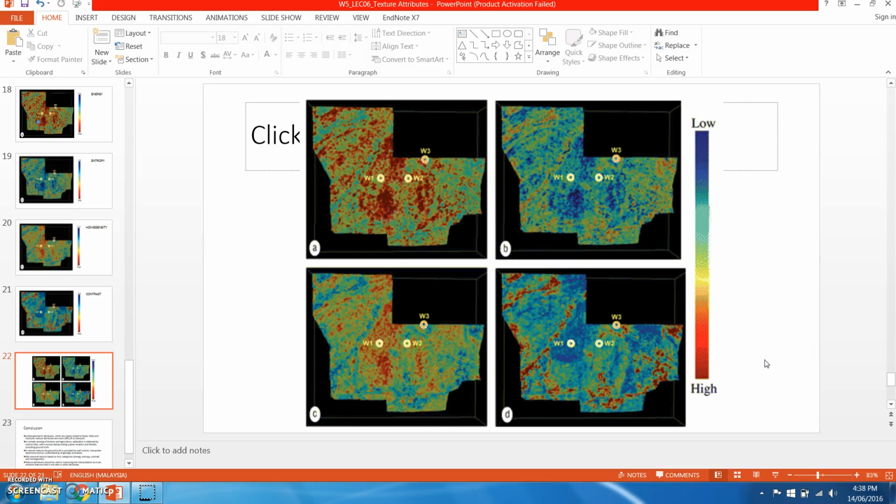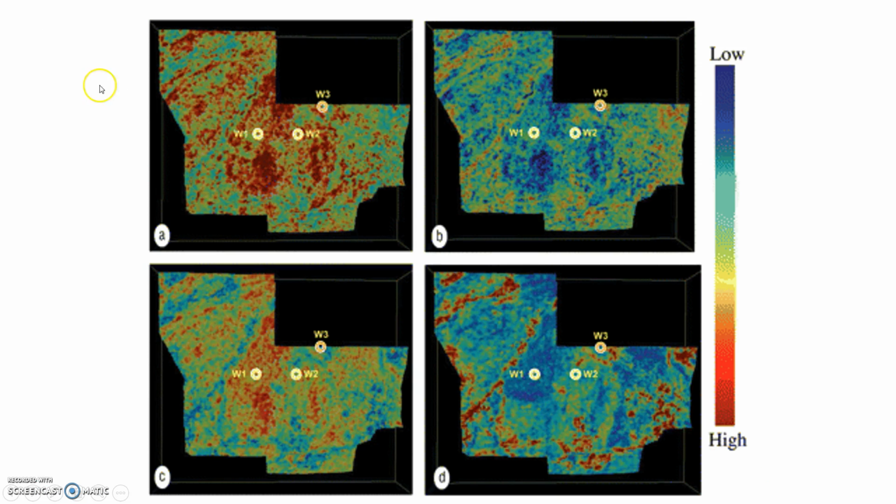Okay guys, welcome back. To summarize our case study from the Southern Alberta Formation, let's have an overview of all four texture attributes. Figure A is showing energy, Figure B is showing entropy, while Figure C is showing homogeneity and D is showing contrast. As you can see, in general, Figure A shows high values of energy associated with the